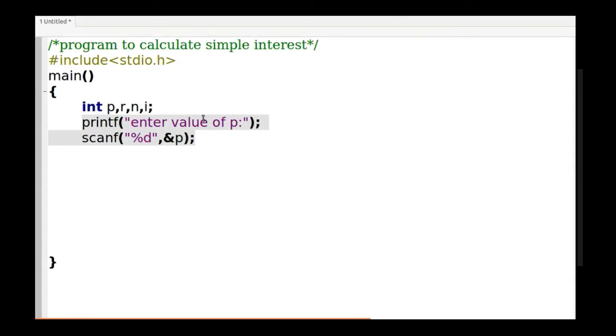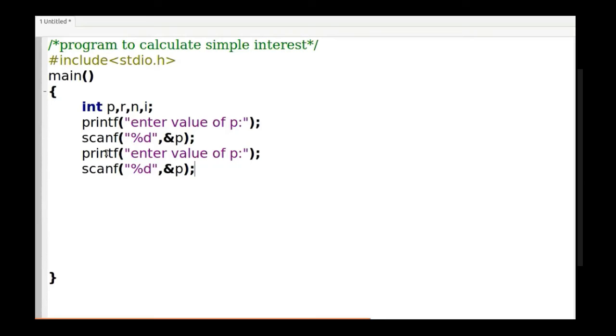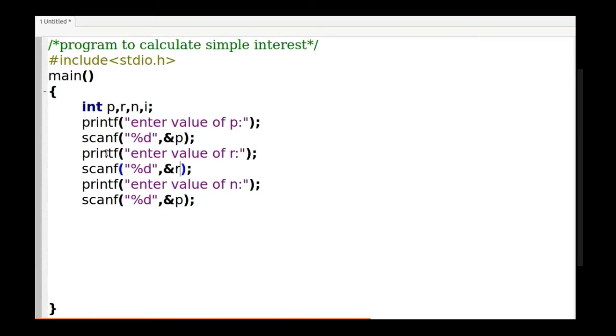So we are copying this and we are making changes. Okay, so these are the printf scanf statements to take values of p, r, and n and store them in the appropriate variables. Now it is time to create the function, that is I is equal to p into r into n